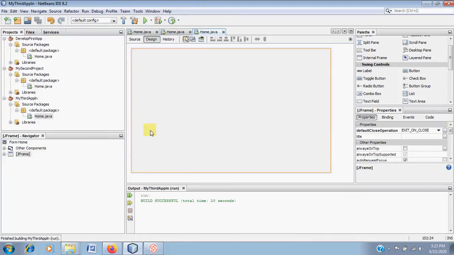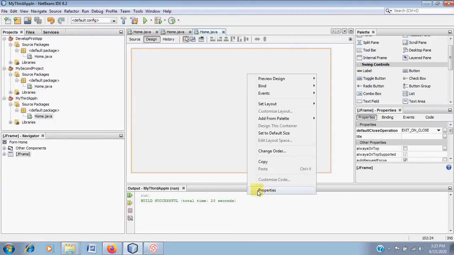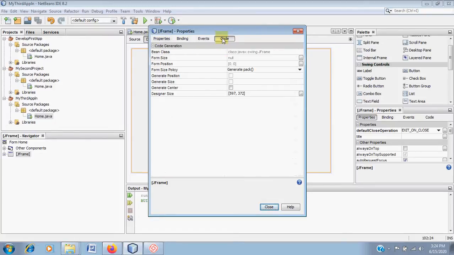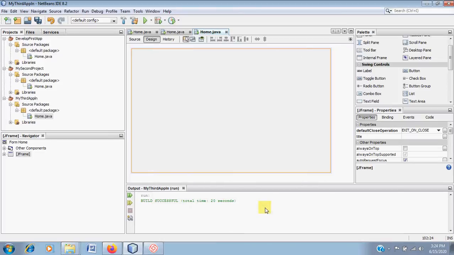So what I do is, I go to this frame, and each and every component that we are going to use today will have its own properties attached to it. So we are going to see how to access the property sheet here. Right click anywhere on this JFrame, and you have the last option here, which is properties, and in the properties you have got the code here. When you click on properties, go to code here, and here you can say generate center. That's where you want the window to appear when it runs the program. So right now we are in the design mode. As you can see, this is the design mode.